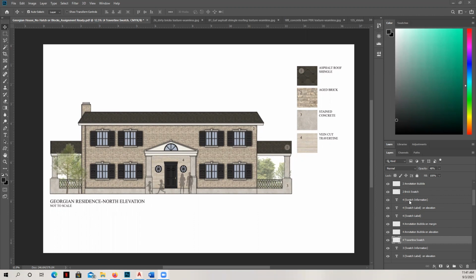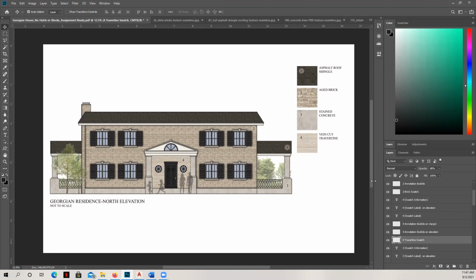The first is the text box, which is the swatch information. I've labeled this 4, which is the swatch information for number 4. This one is the swatch label on the elevation, so this 4 text box is this one because it's on the elevation.